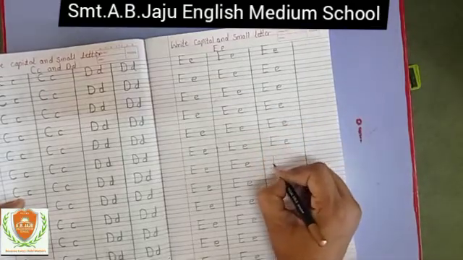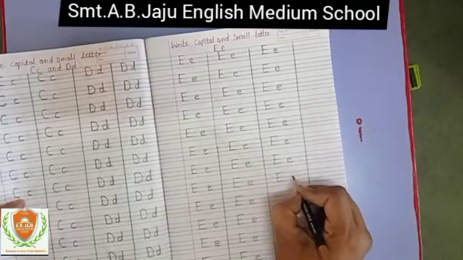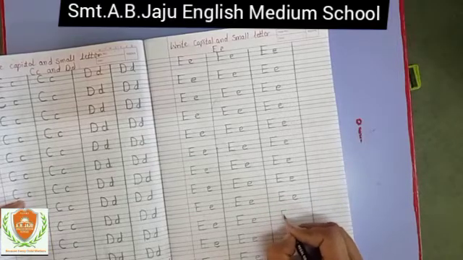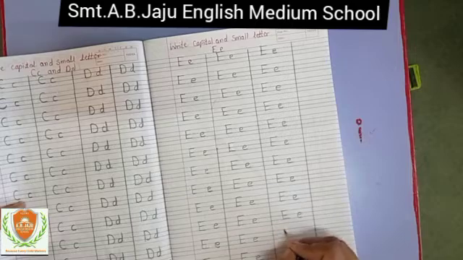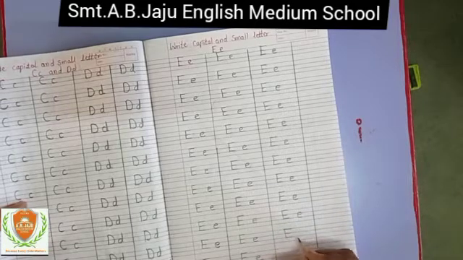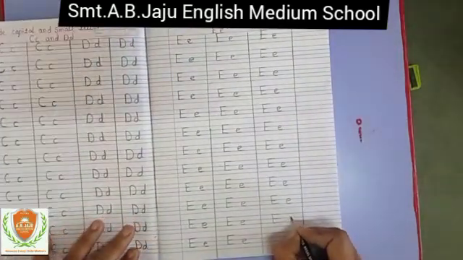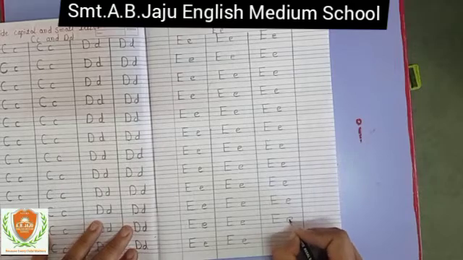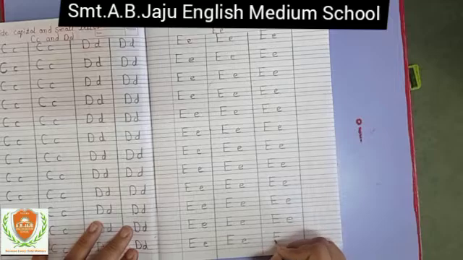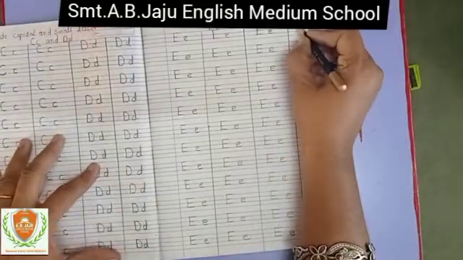Okay, like this you have to trace capital E and write down capital E and small e. Okay, capital E, first you have to write down the standing line, pink line, slipping line, blue line, slipping line, again blue line, slipping line. So this is capital E. Now small e, circle, turn, make a curve, left side in between two blue lines. So this is small e. Capital E, small e. Like this you have to write down.